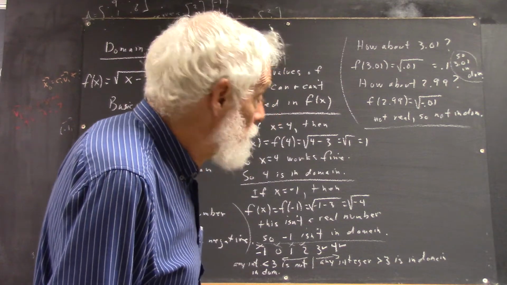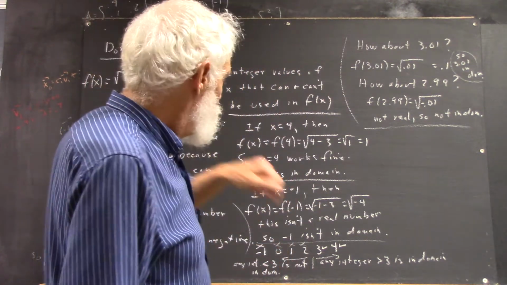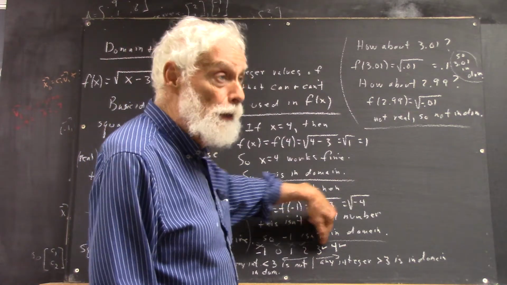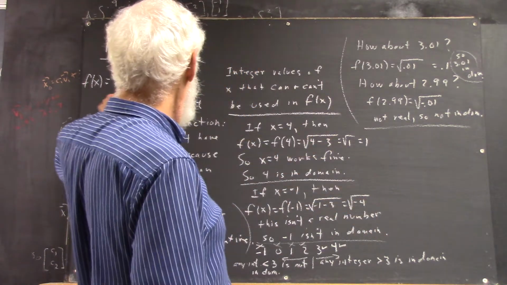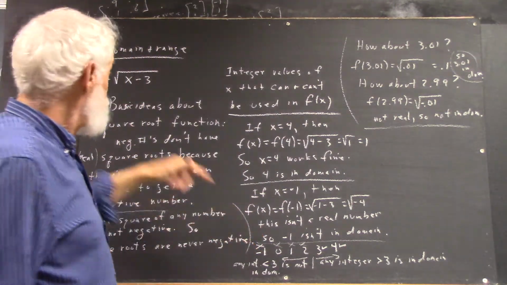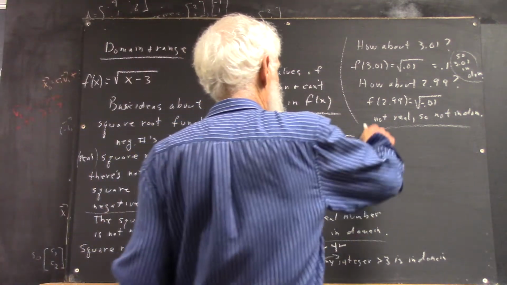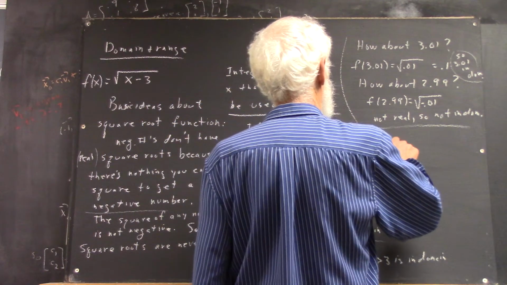Well, you can pretty well then conclude 3 is in the domain, and any number bigger than 3 is going to give you a positive number when you subtract 3, right? But any number less than 3 is going to give you a negative, right? Okay. So we observe